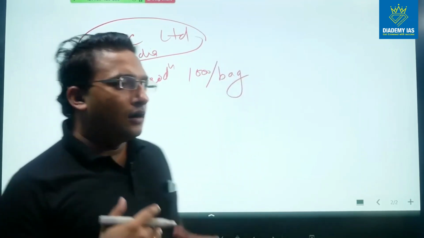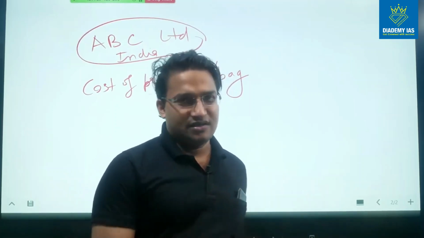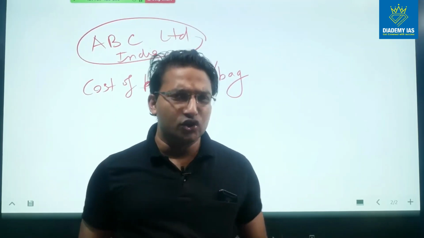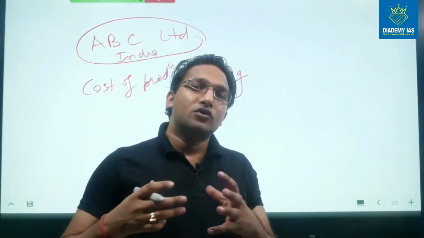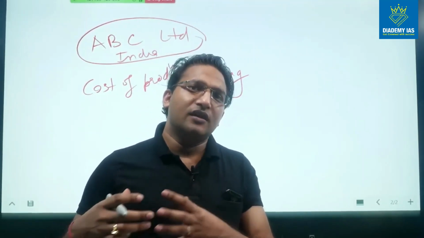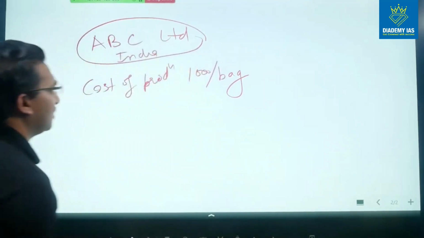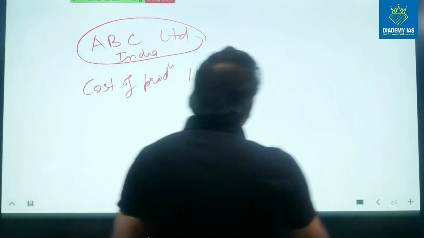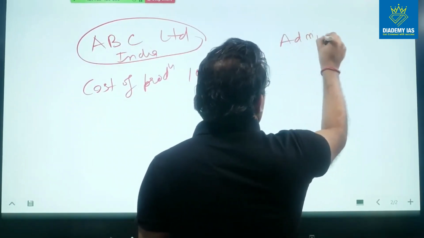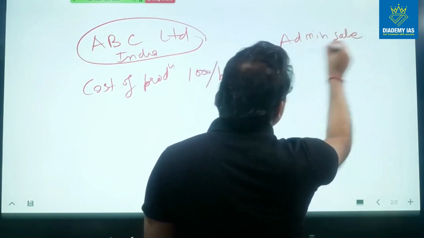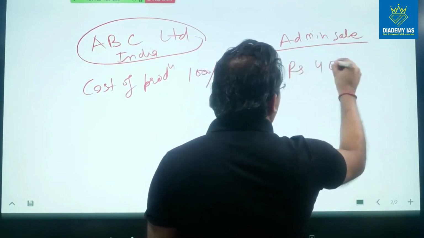Now government wants to give this fertilizer to the farmers. So we have already seen, as part of the green revolution, government promoted the utilization of chemical fertilizer. So government wants to give this fertilizer at a low cost to the farmers, but the cost of production is 1000 rupees, which is very, very high. The government decides a price which is called administered price or sale price, notified sale price. The government will say that okay, you will sell at 400 rupees to farmers.